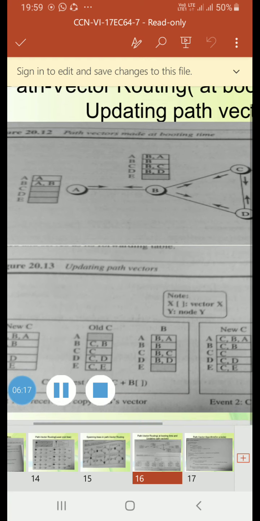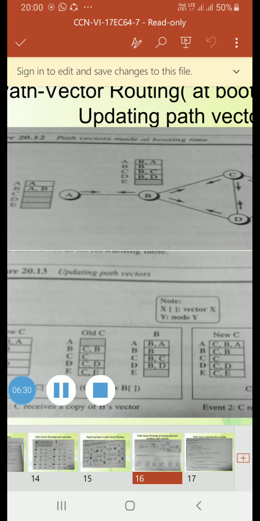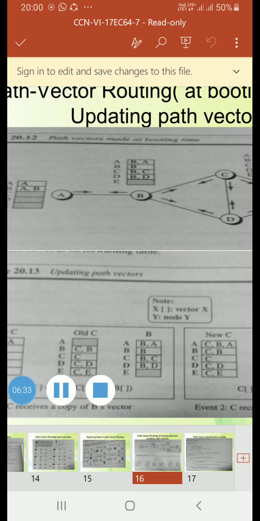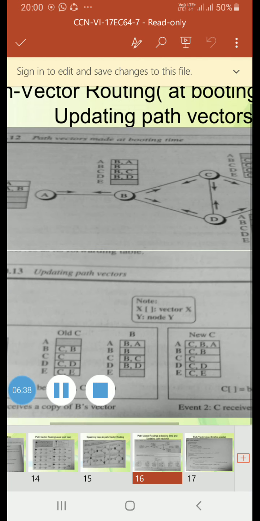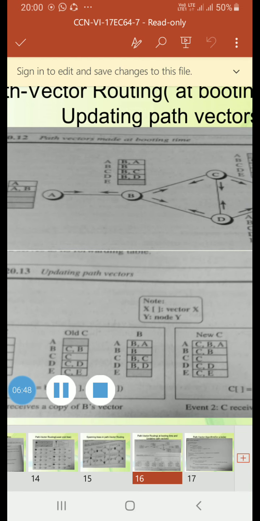In the first event, node C receives a copy of B's vector, which improves its vector. Now it knows how to reach node A. In the second event, node C receives a copy of D's vector, which does not change its vector. As a matter of fact, the vector for node C after the first event is stabilized and serves as its forwarding table.